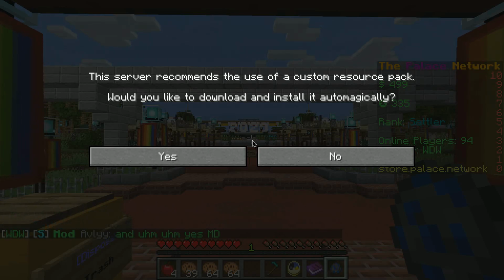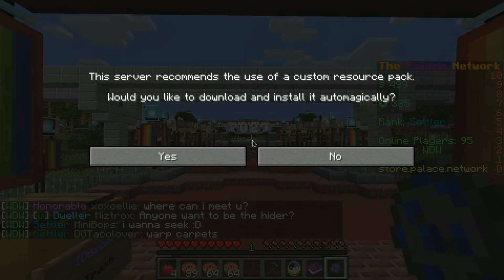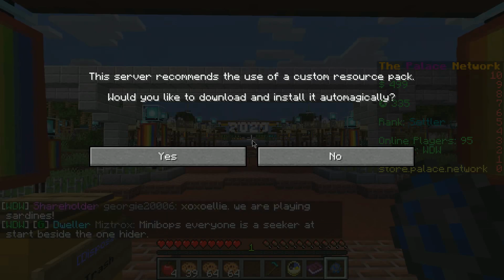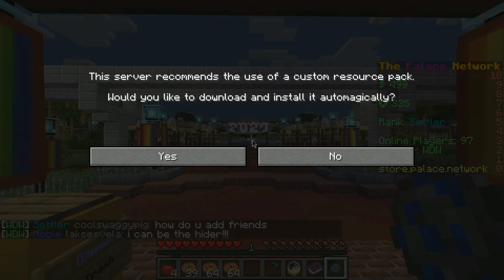Because I deleted the server and then re-added it to show this demonstration, it set everything back to the default. So the resource packs are disabled again, so that's why it wasn't loaded in when I loaded up the server. But usually, when you load up the server, having not deleted it from your list of servers, the resource packs should just load automatically. And I do recommend you do this because it makes the game look a lot better, and it just looks more immersive overall rather than looking like the default Minecraft look. So if you click yes,